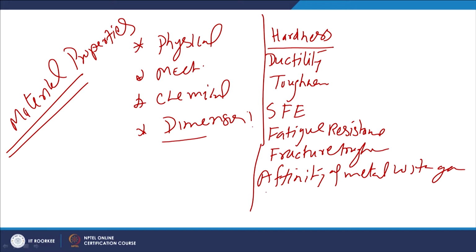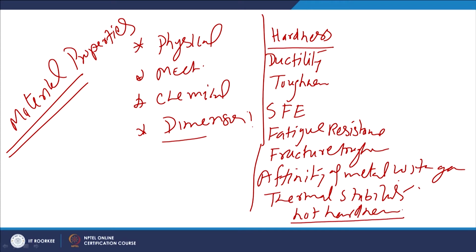And one of the more important properties is the thermal stability, which we can express in terms of the hardness. How rapidly the material loses its hardness at a high temperature governs this. So, now each of these properties needs to be understood to see how they will be affecting the behavior of the material when it is subjected to the various kinds of wear conditions.